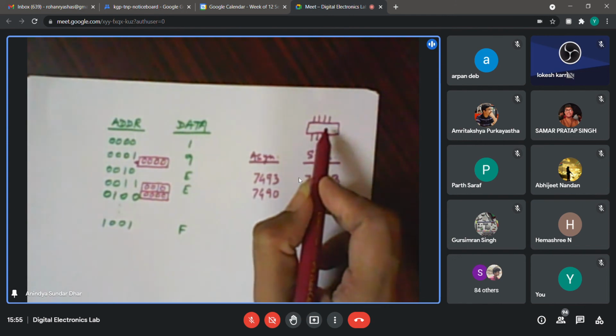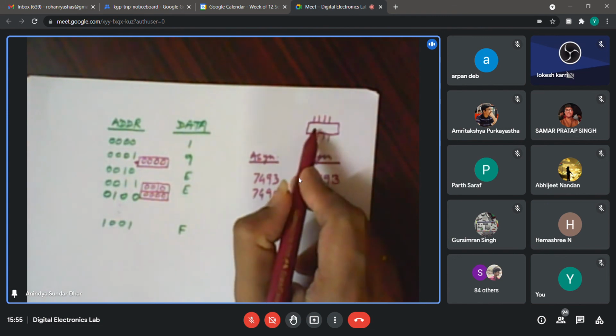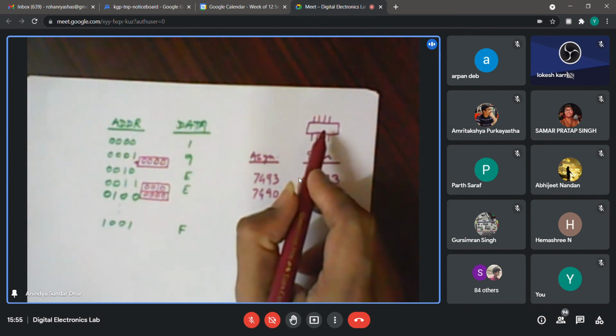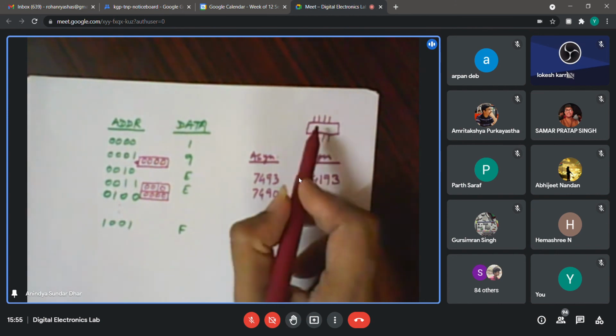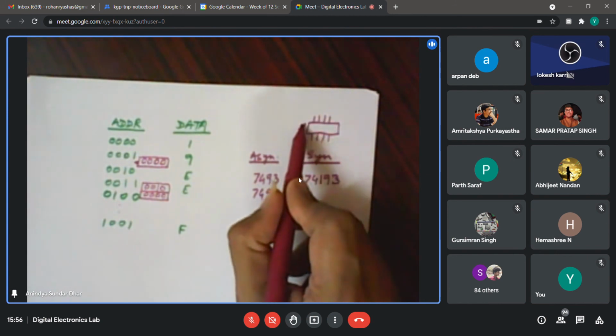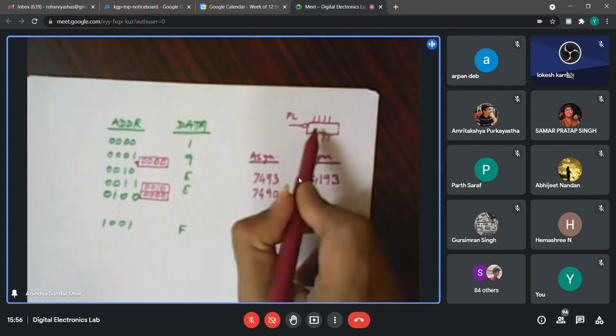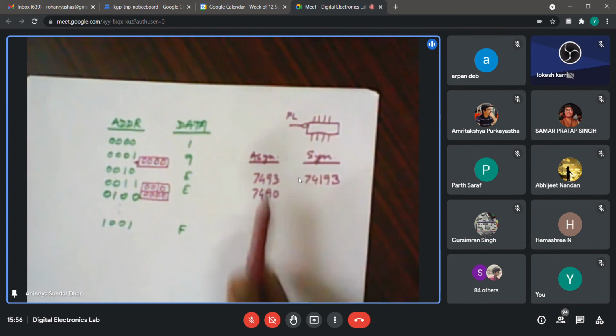Basically, whatever you have said, you do it in a slightly different way. If you want it to go to 0 after several pulses, you use it as a down count and load that number initially. When it becomes 0, you know that that many counts have elapsed. You do not use that loadable feature right now. There is a signal called PL, parallel load bar. PL also you need to make high so that you use it just like your 7493.